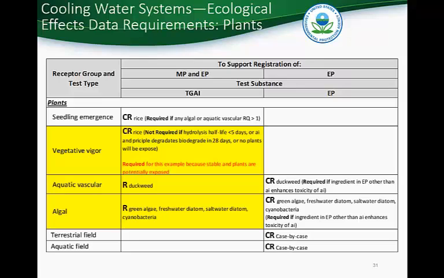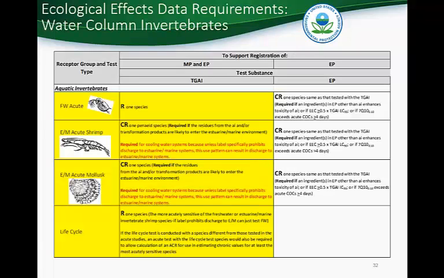Under field conditions, exposure and degree of effects can proceed differently from how they occurred under laboratory conditions. Study objectives, design, and protocols must be approved by the agency prior to the initiation of such studies. For cooling water systems, the data requirements for non-target water column invertebrates include: 1. Freshwater acute invertebrate test with the technical active ingredient, and if the label does not prohibit discharge of cooling water